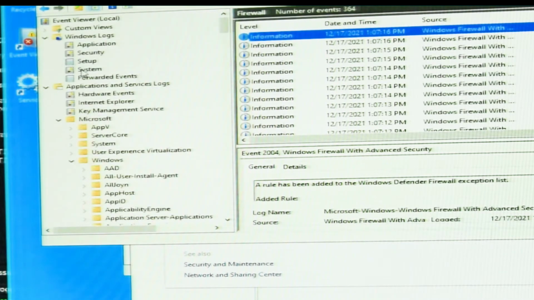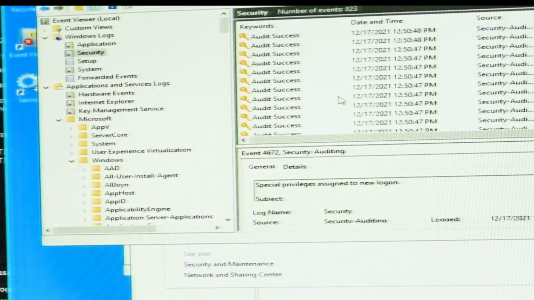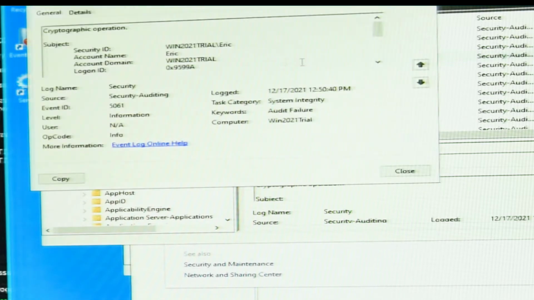Let's go up to the security event log. So I should see a bunch of errors in here. Now it could be because of... oh, here we go. Audit failure. Nope, that was before. That was for Eric, the accountant. So we should see,